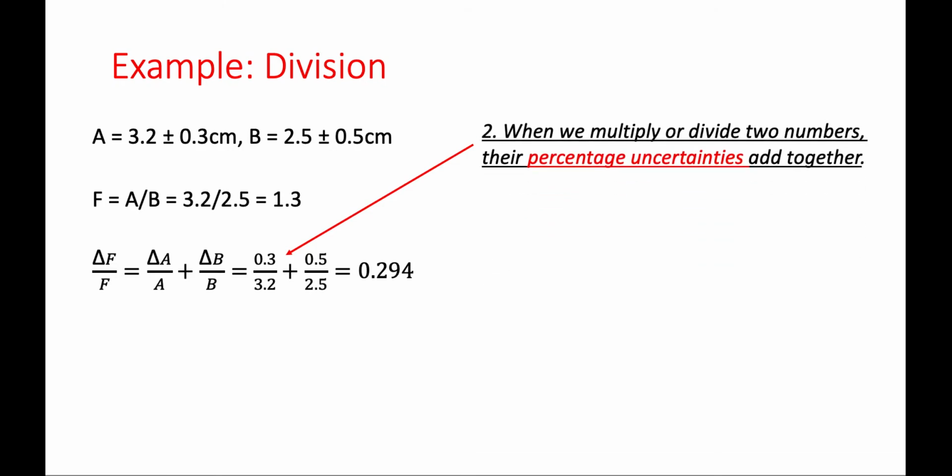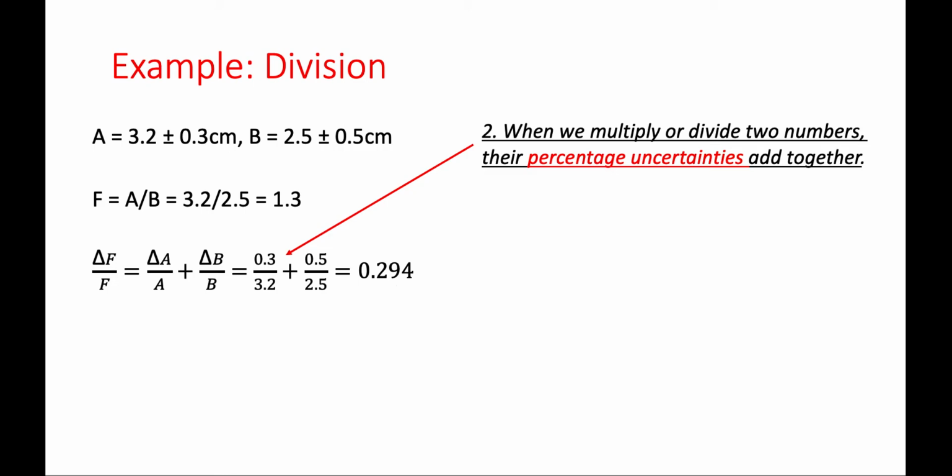We then need to add together the percentage uncertainties. Now this is the tricky point. Remember, when we multiply or divide numbers, their percentage uncertainties add together. So in this case, I get my percentage uncertainty in F is the percentage uncertainty in A plus the percentage uncertainty in B. I take 0.3 divided by 3.2, I take 0.5 divided by 2.5, and I get